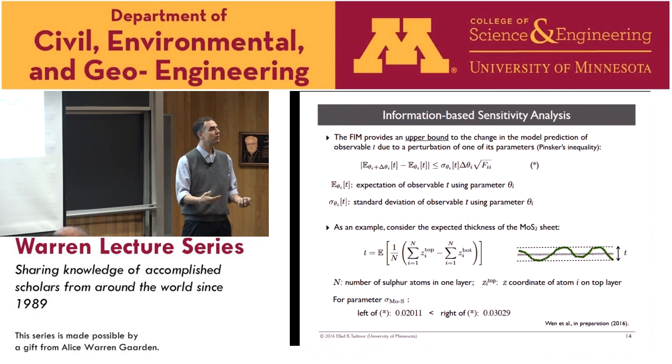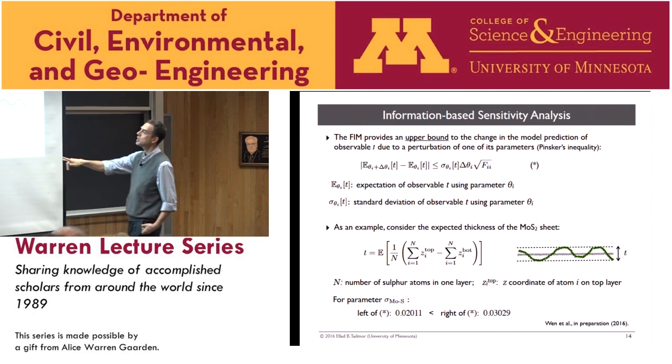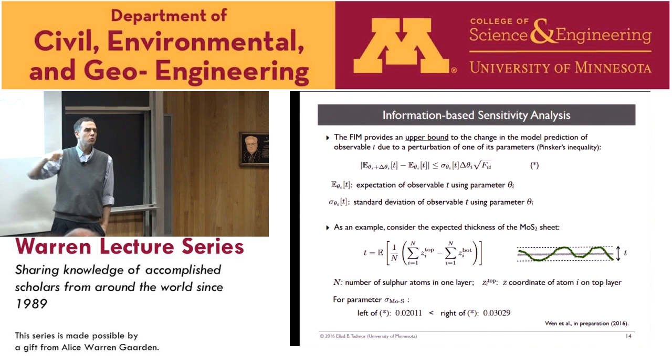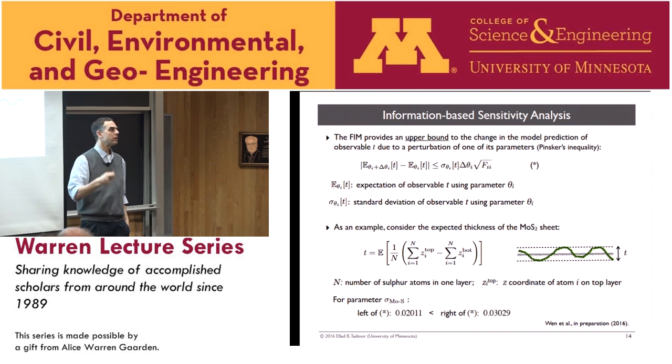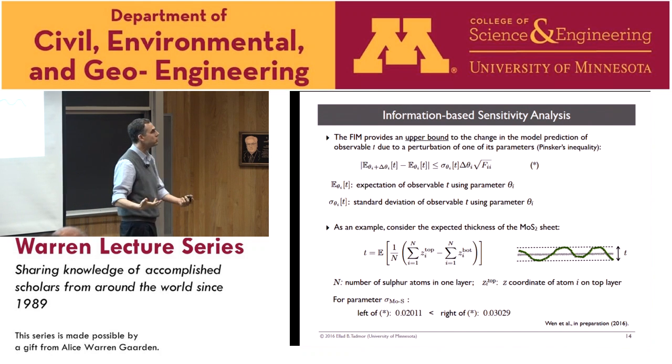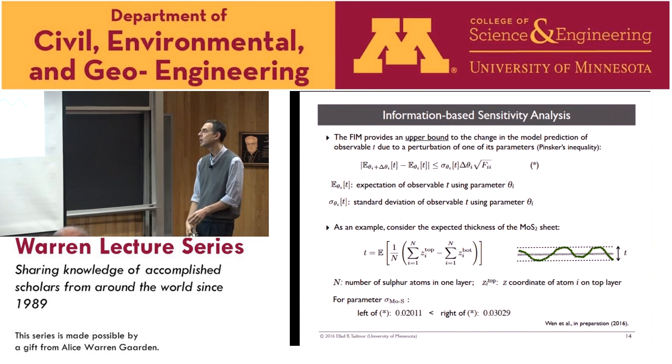So what is this useful for? It means if this is a huge number, it tells you really can't trust this model for this particular property, because very small changes in that parameter will give you completely different results. So that's not something you can use this model for. So that's how we use this to decide what we can use for one. Okay, so that was this example.